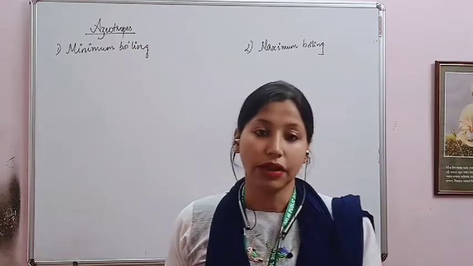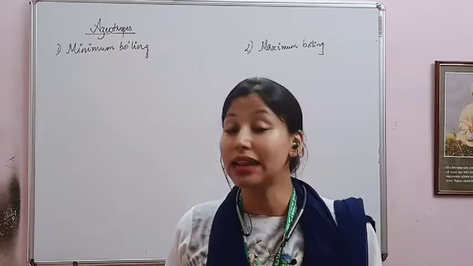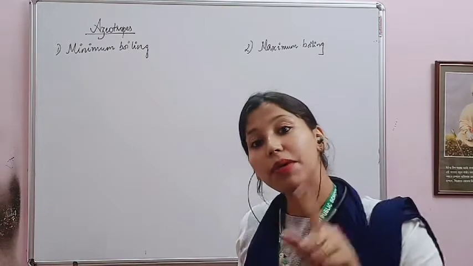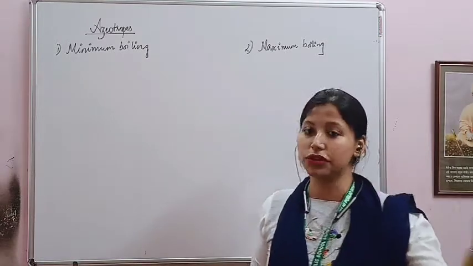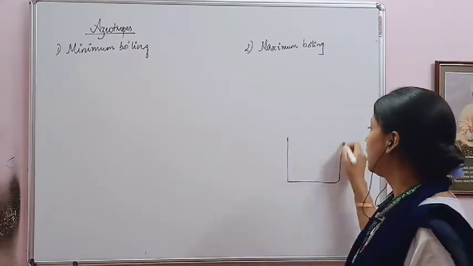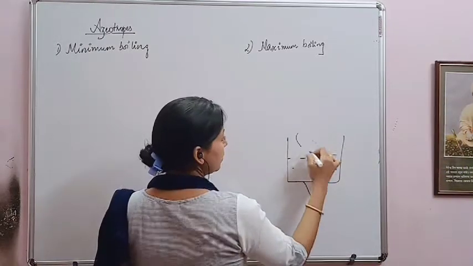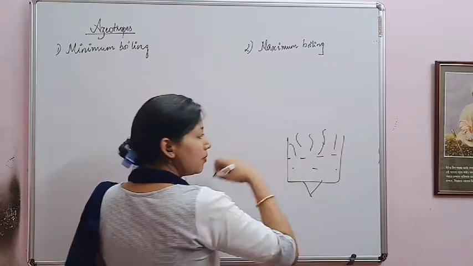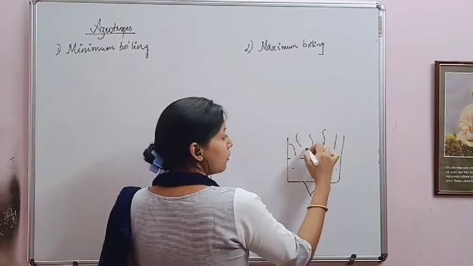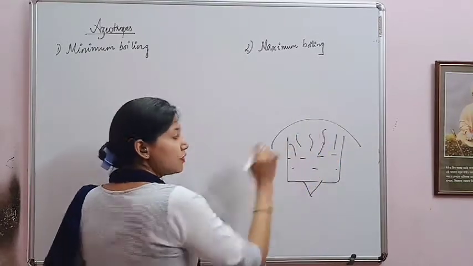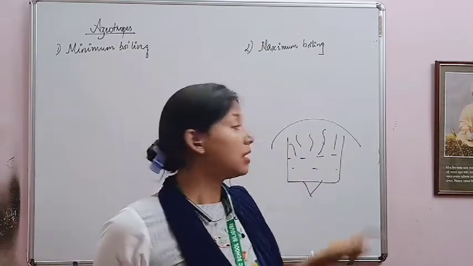For any liquid, the boiling temperature is when the vapor pressure of the liquid becomes equal to the atmospheric pressure. So this is your liquid. You heat the liquid, it develops vapors. When the vapor pressure of the liquid becomes equal to the atmospheric pressure,